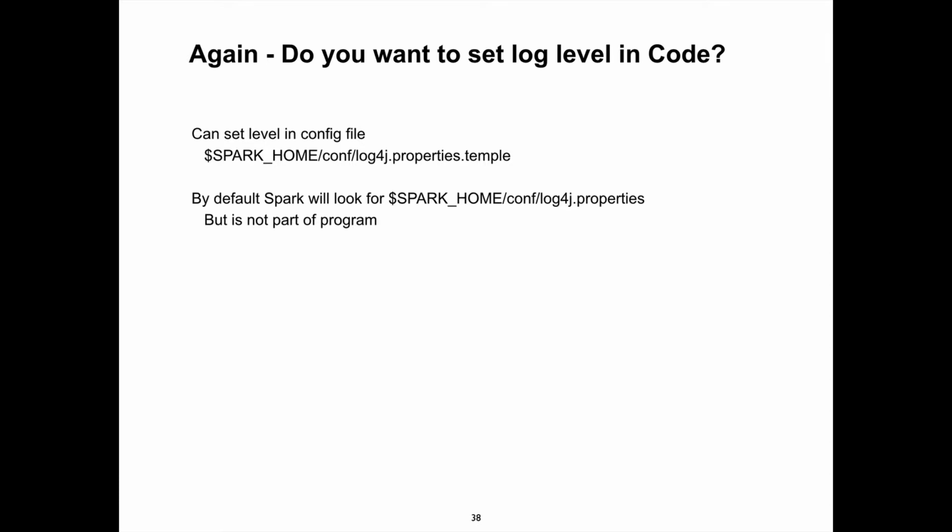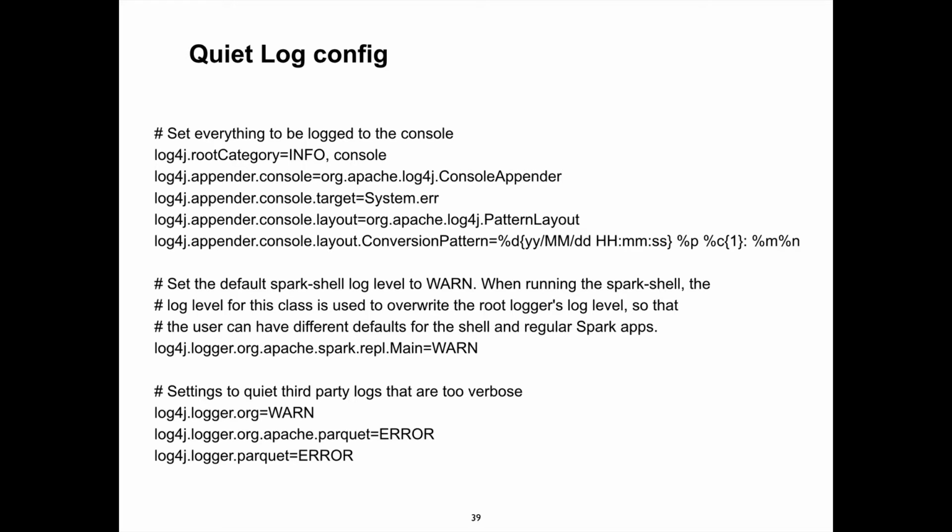We can go to the configuration file and configure what level of logs we want to see. So that's probably one way to solve the problem of having to muck around with Python and Java combined. And there's a configuration file. Again, when you download Spark from the Apache site, there is a directory which contains all the configuration files that you can set.